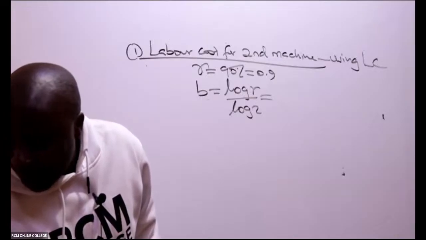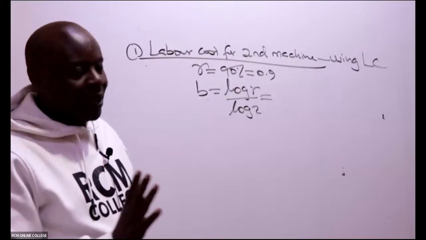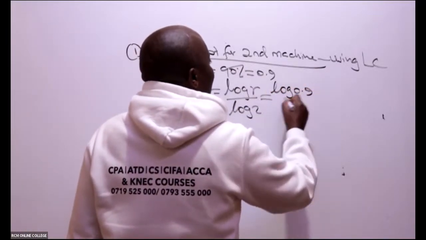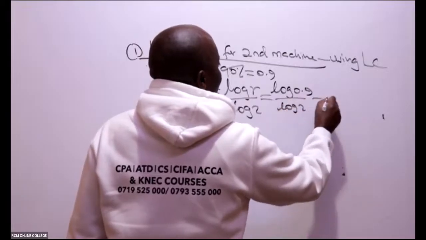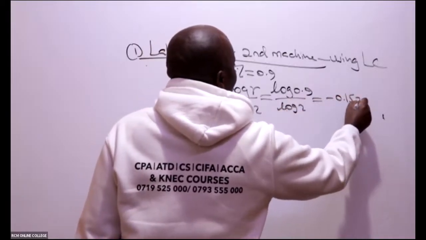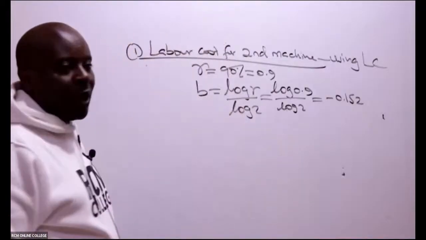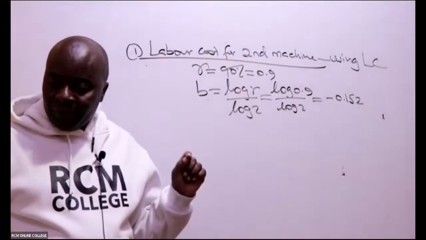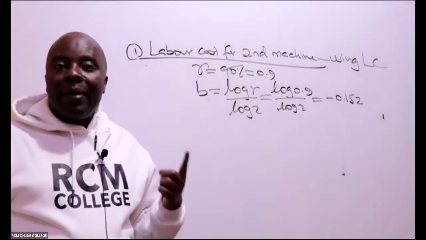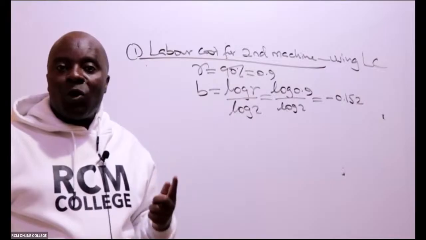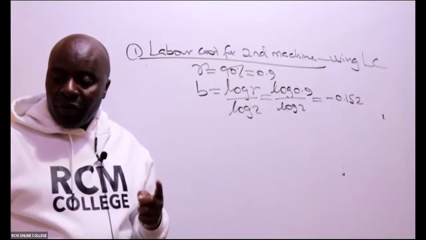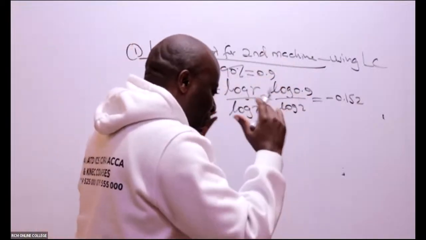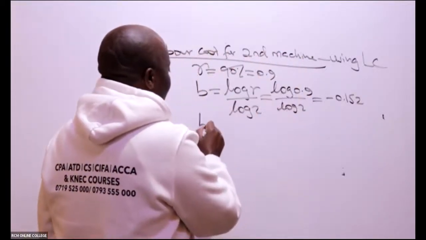You guys are way ahead of me, but you will just allow me to finish this. So it will be log 0.9 over logarithm 2, which in this case here, somebody has already told me, will end up being minus 0.152. So all of us, were we able to get this value of B? That's a mark. 1 mark in management accounting, advanced management accounting, can make you see places that you've never seen before. Once you get B, take it a notch higher by giving us B plus 1.